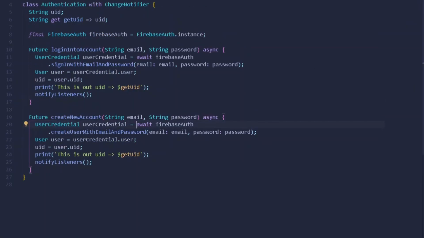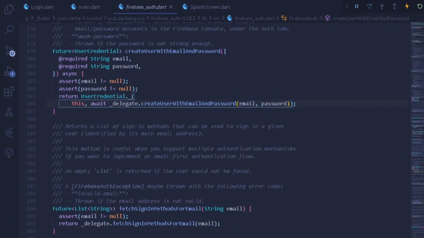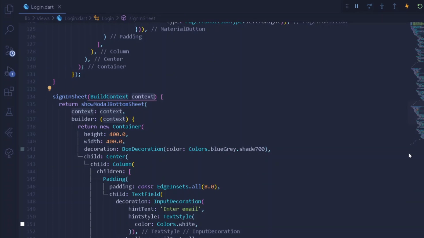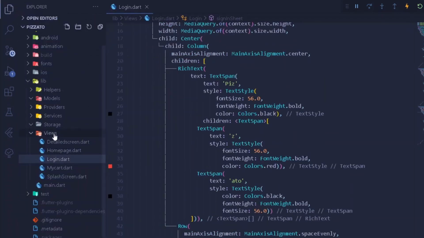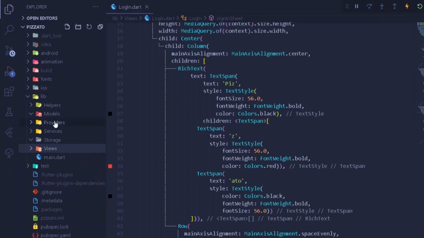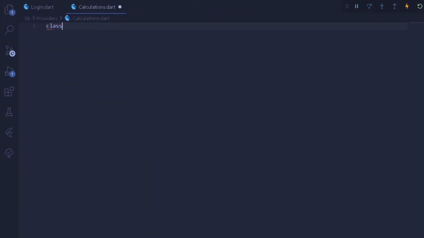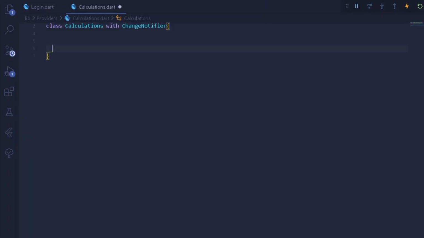So once the following thing is done, the next thing is about simply getting a logic over our detail screen. So for that, we shall go back from here as well. So to assign a logic under our detail screen, let's make a new provider thing about our calculations. So for that, I'll be simply creating one more file under our providers for calculations. So under our calculation.dart, let's have a new class of calculations, which will be with our change notifier. So under our change notifier, we need different fields.